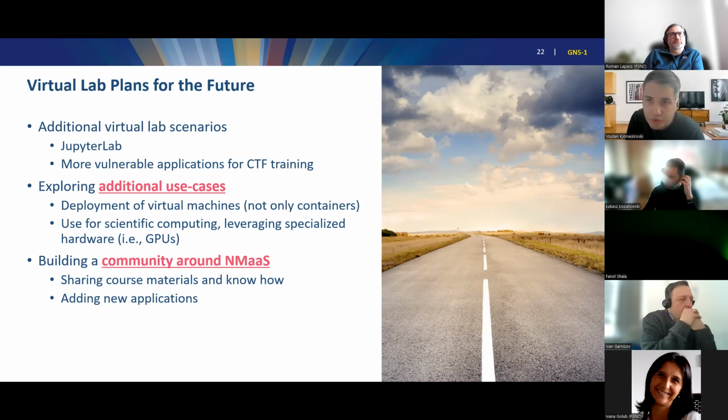And in the near future, we hope to also support additional runtime environments where the virtual app applications can be executed. This means that we will not only be limited to containers as we are now, but we also plan to support virtual machines as well, which would allow us to introduce many additional scenarios which are simply not possible with containers. In terms of the Jupyter Lab use case that I have mentioned,